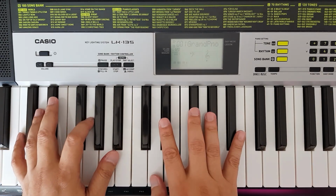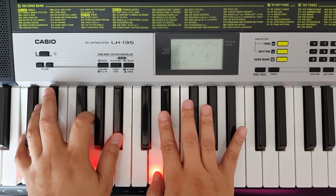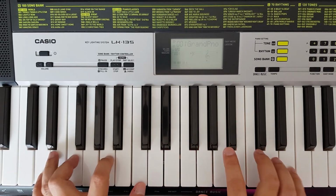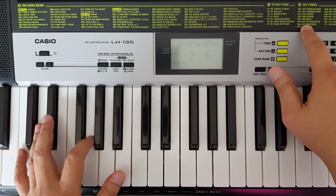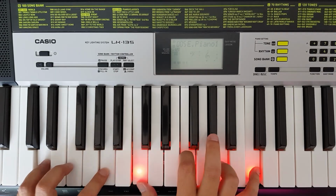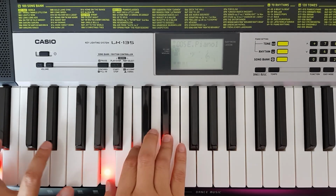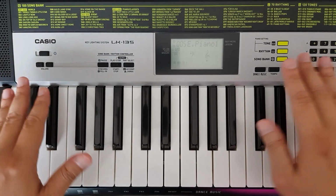So let's have a listen at the grand piano, and there's no sustain pedal available, so we'll just use whatever is available. You can see that the keys light up as I play. Okay, let's have a listen to perhaps an electric piano sound. So this keyboard has 2-watt speakers on each side